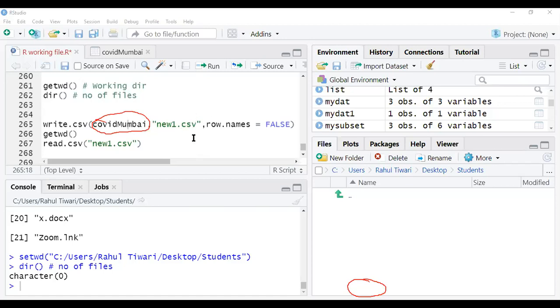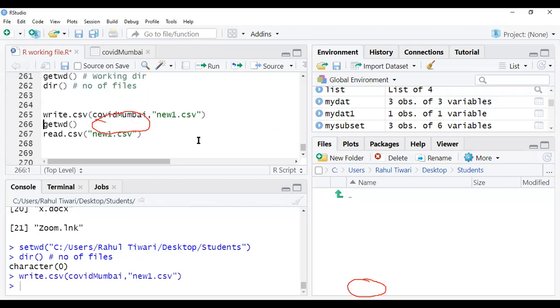.csv. CSV is comma separated value. It will separate always. So actually your R works with Excel or RStudio comma separated files, so it is better to use comma separated because it gives the proper results. If I remove this, suppose you will not understand what it means. I'll just remove this. I'll execute only this much.